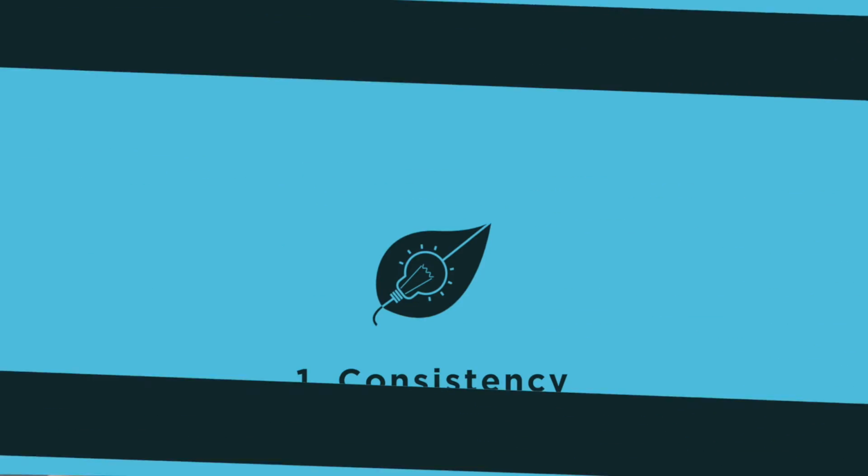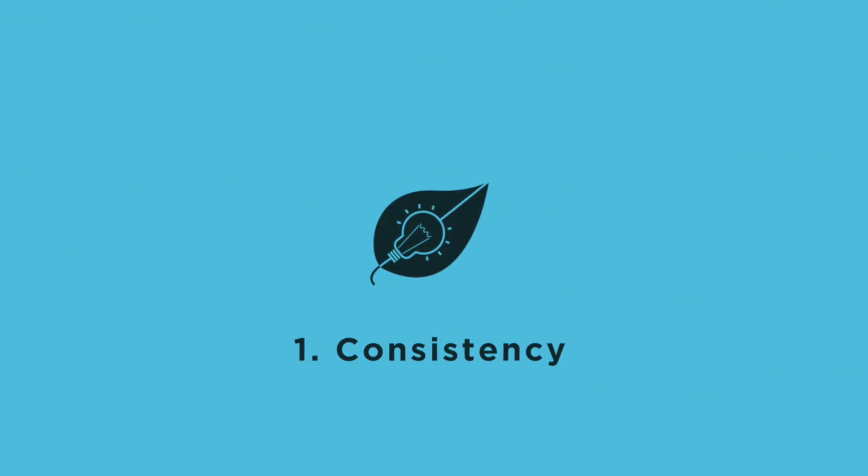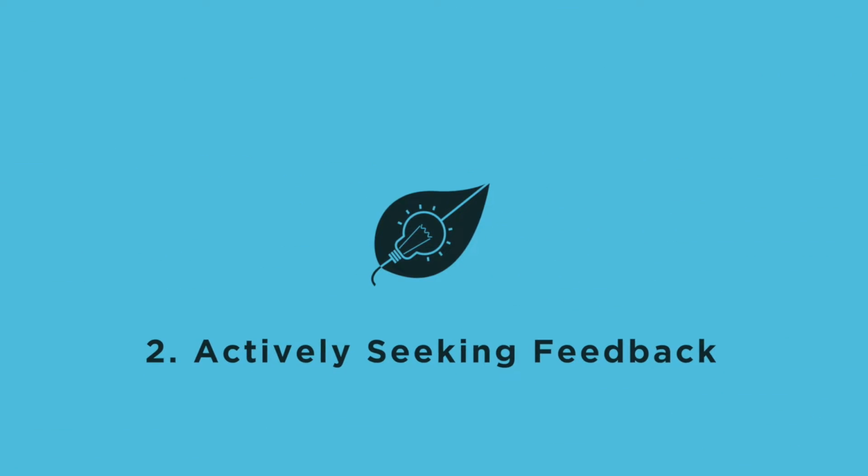So, in conclusion, IQ, innate ability, how smart you think you are has nothing to do with whether or not you're going to be an average or top performer. But the key difference between average and top performers is number one, consistency. How consistent are you? And number two, it's how much feedback you're asking for actively. How much feedback are you asking for?